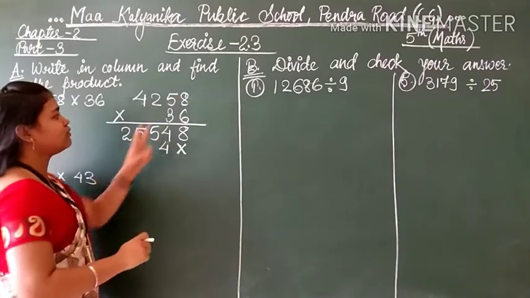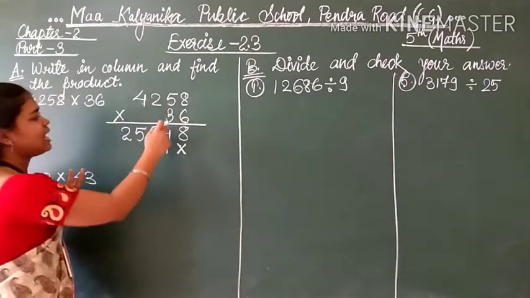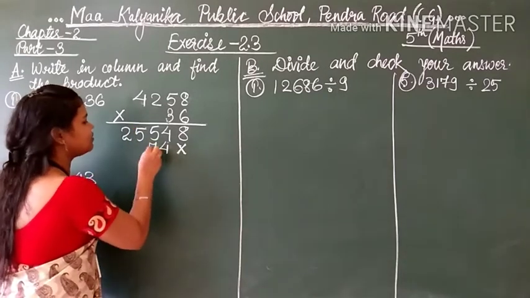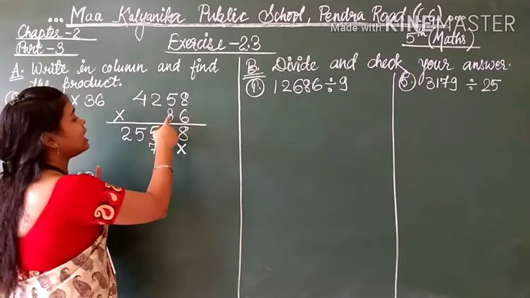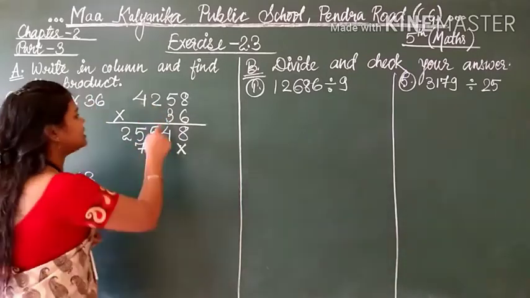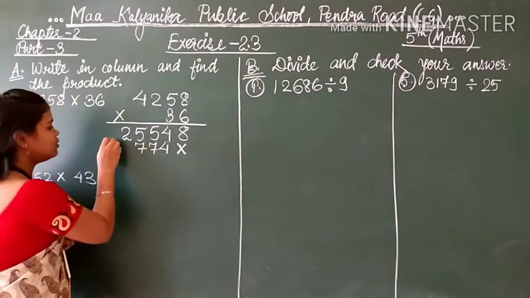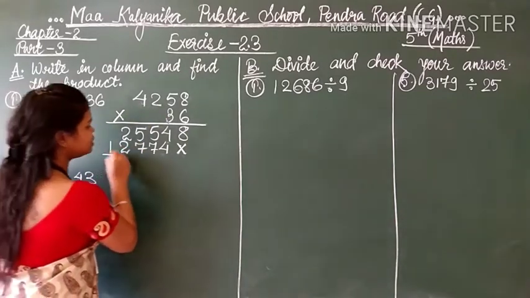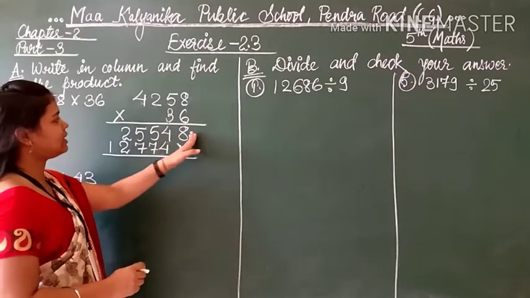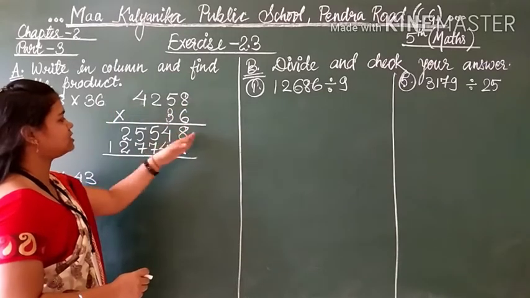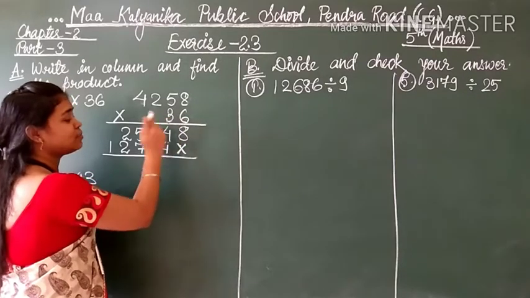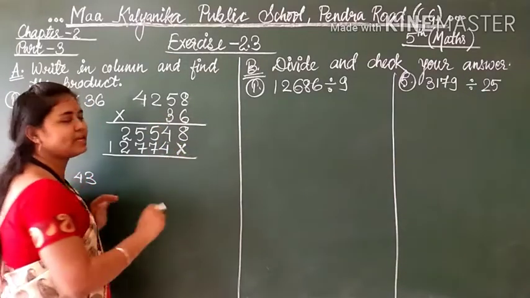So 3 8s are 24 or 8 3s are 24. Now 3 5s are 15, 16, 17. 2 carry was there. 1 carry, 7 here. Now 3 2s are 6 plus 1, 7. Now no carry. Now 3 4s are 12. 1 here, 2 here. Students, this is 2 digit. So the first line is simply multiplication of the first number by all the digits. Here you have to write. Second line, what you have to do? The second number is 3. The 10th place is 3. So for the 10th place, the one's place should not be there.